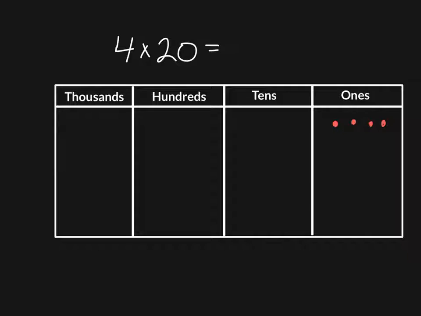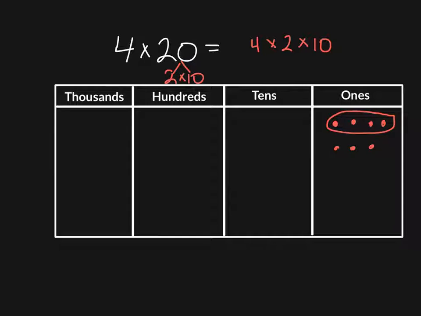And now we're multiplying this number by 20. Now what I want to do is decompose this. I'm going to take my 20 and decompose it so it's 2 times 10. If I stretch out this multiplication sentence, 4 times 20 would be the same thing as 4 times 2 times 10. So my 4 ones times 20, I'm going to take my 4 ones and I'm going to multiply it